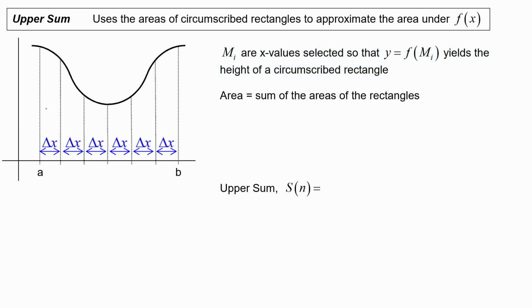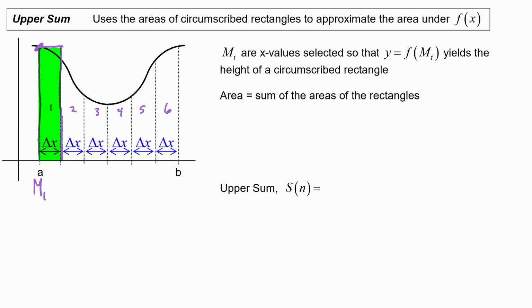Now remember, we had 6 regions, which we can label again here, 1, 2, 3, 4, 5, 6. And in region 1, we will have to use the left endpoint over here, capital M1, which gives us this height, so that we get this rectangle,